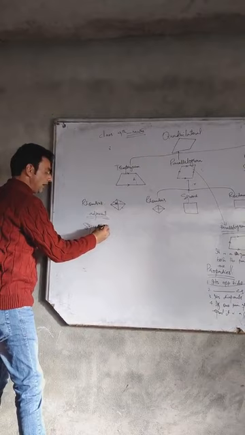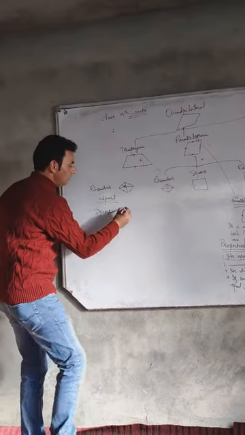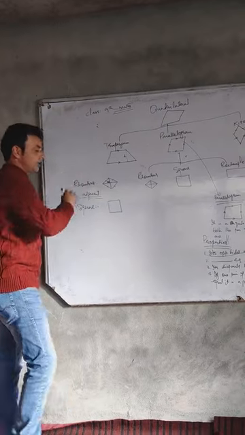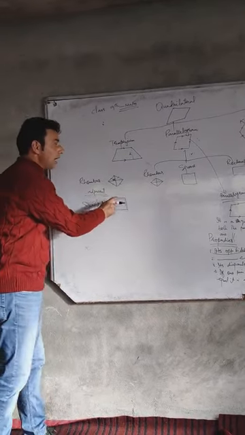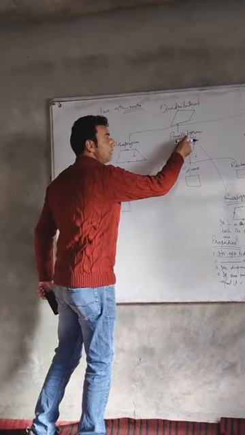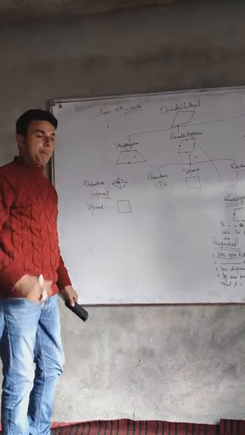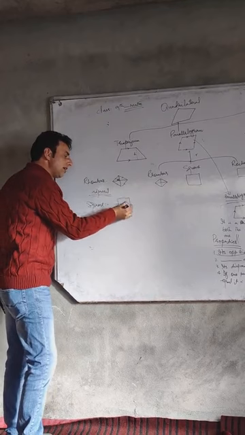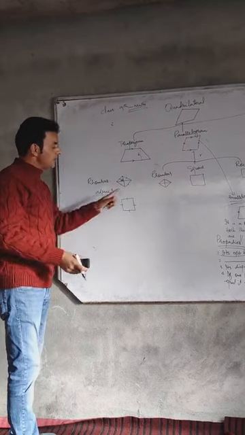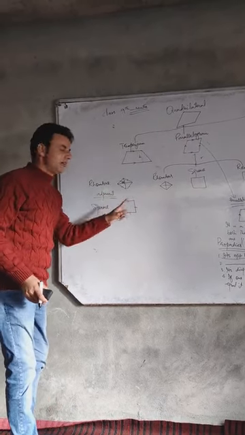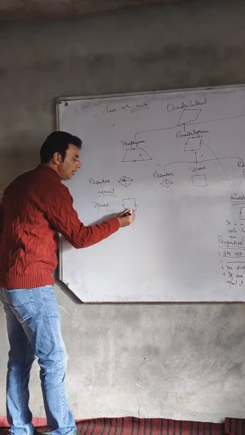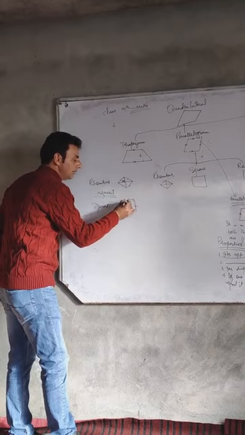S-Q-U-A-R-E, square. I will draw it, and it is known to everyone how to draw a square. A square is a parallelogram because it is a type of parallelogram. A square is a parallelogram whose all the sides are equal. Same as here, whose all the sides are equal. But in a square, each angle is equal to 90 degrees.